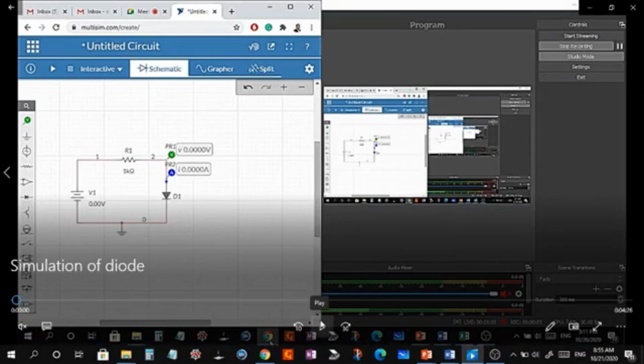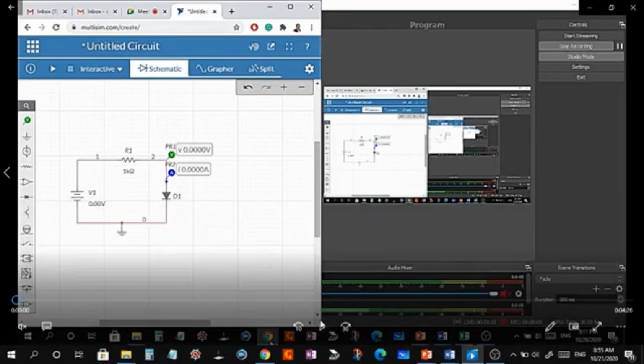Okay, I have pre-recorded the simulation. So at the left side is the online simulator. This is multisim.com. See, this is multisim.com. And then you can see here I have connected, in this platform you can